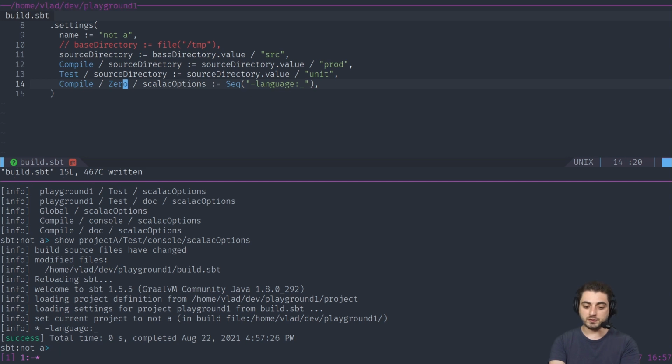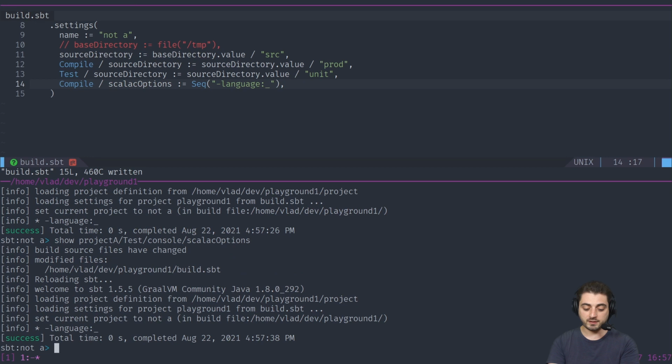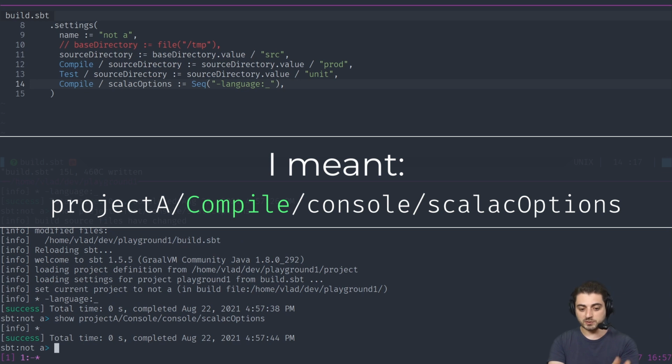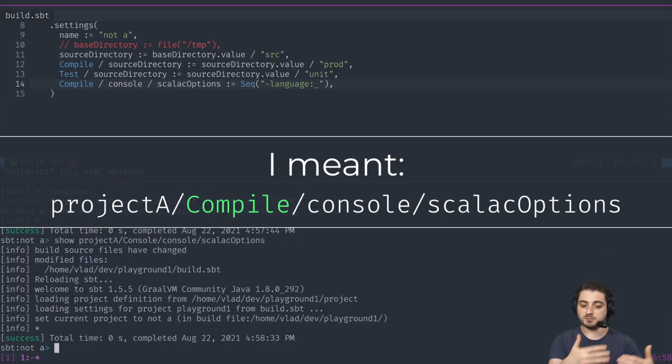Okay, we can also remove the 0 entirely like this. It should have exactly the same effect. Okay, so now task console scala C options and console / console scala C options. I was hoping that they would have exactly the same thing, but they don't somehow. Let me actually revert this to this, because I wanted to have an example for project settings, an